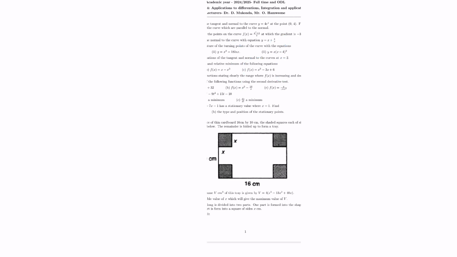The toy sheet will answer all the questions which deal with the application of differentiation part 1. So we'll try to cater for all topics. Our objective on application of differentiation: